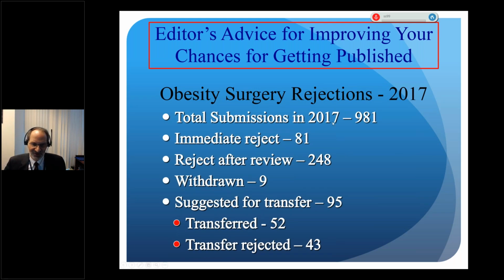So if you want to look at our statistics in 2017, as I told you earlier, we had almost 1,000 submissions. This year, we're over this by a considerable amount. We immediately rejected 10%, and then we rejected almost a total of half of what came in, all said and done. Now, Springer, the publisher of the journal, also has a mechanism where the papers that we don't accept, because our standards are fairly high, can be transferred to another Springer journal that may accept it. So they may offer you the opportunity to send it somewhere else if we decide we don't want it.